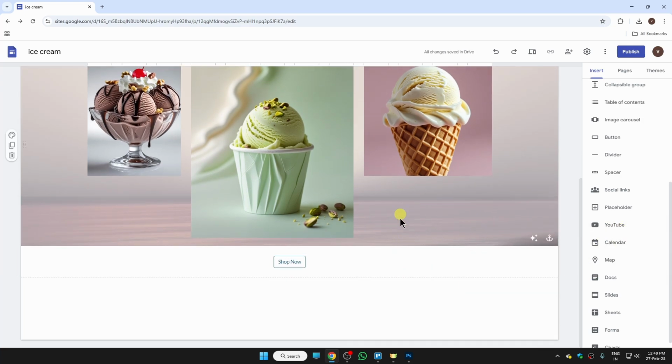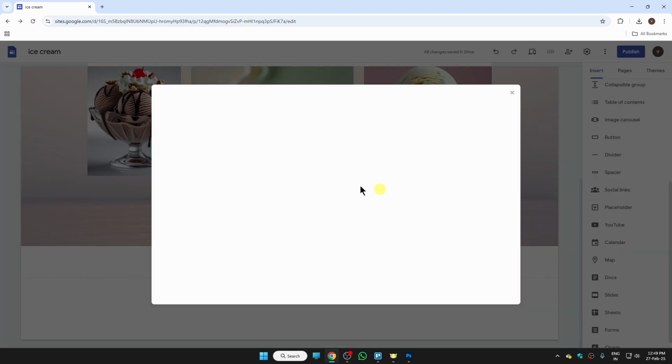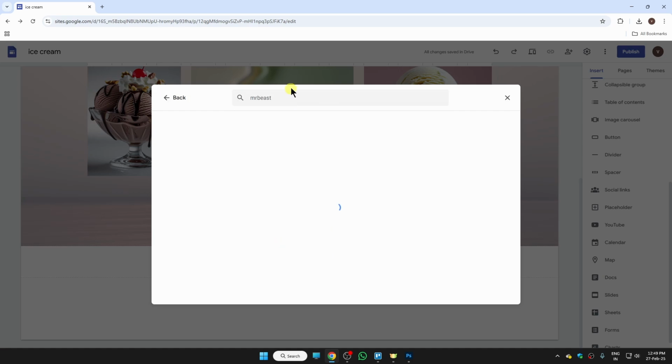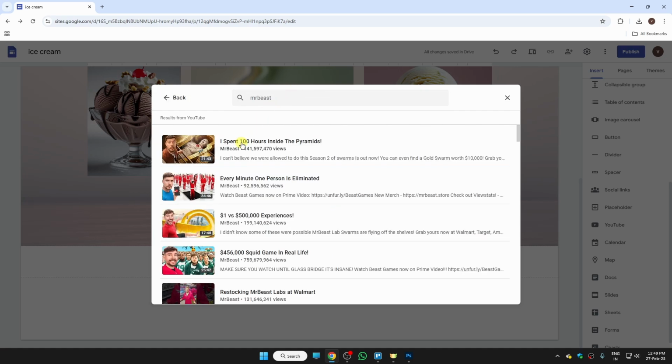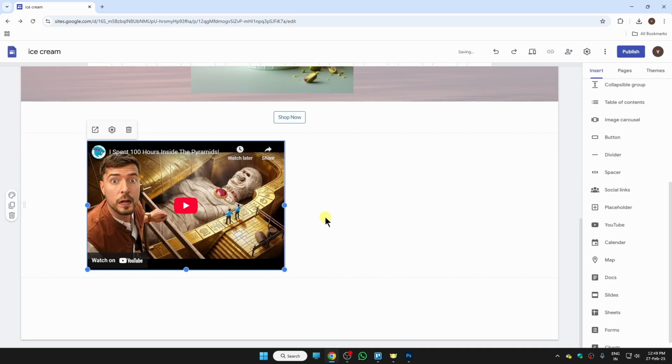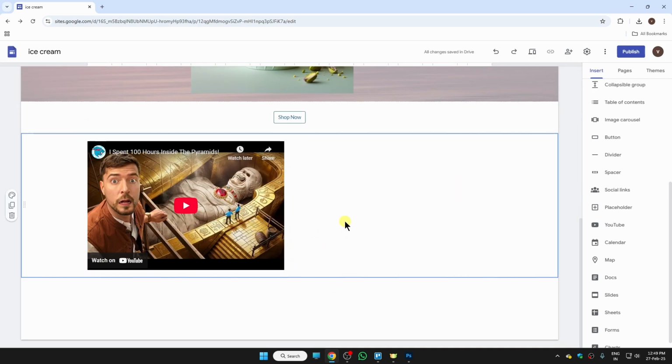Similarly you can add any video on your website as well. For that just go to the right panel, click on YouTube, and here you can simply search any video from here. So if I want a MrBeast video, then I can search here MrBeast and then select any video from here and then click on insert. And now as you can see I can insert any video on my website as well,